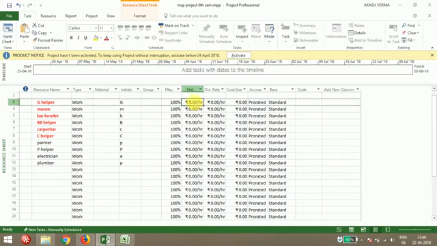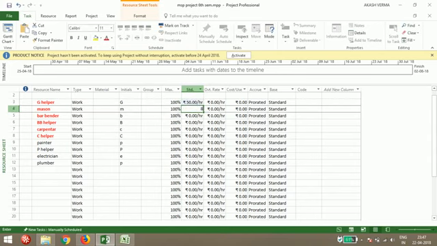Now you have to keep a standard rate for all of these. In Microsoft Project you can give it per hour, not per day. So if for 1 day a general helper takes 400 rupees, and we have given 8 hour working days, then dividing by 8 gives 50 rupees per hour.